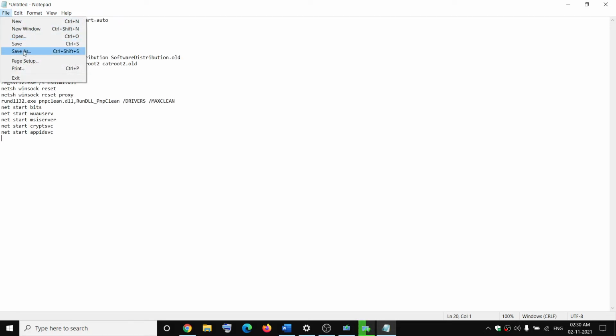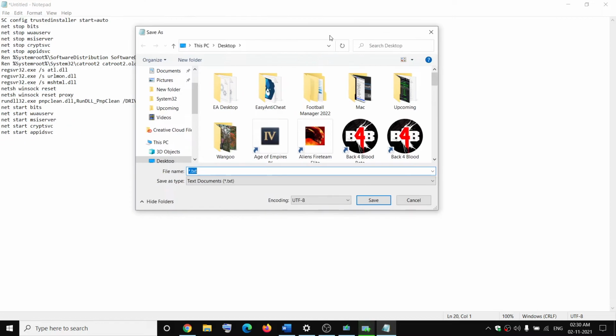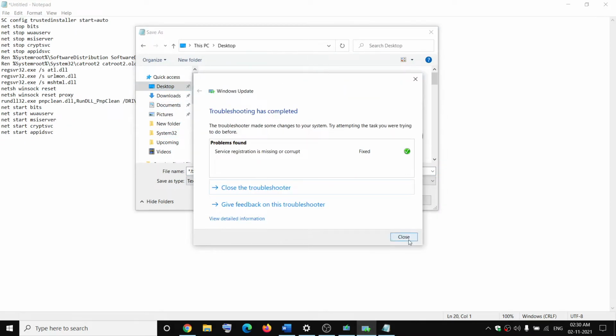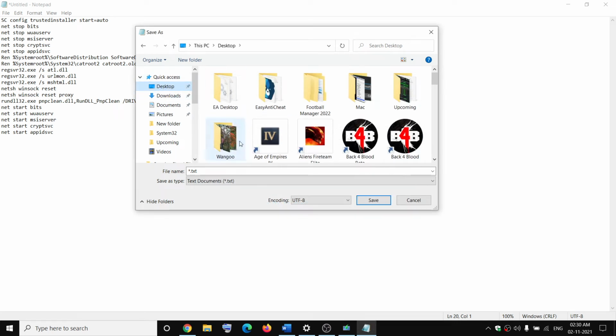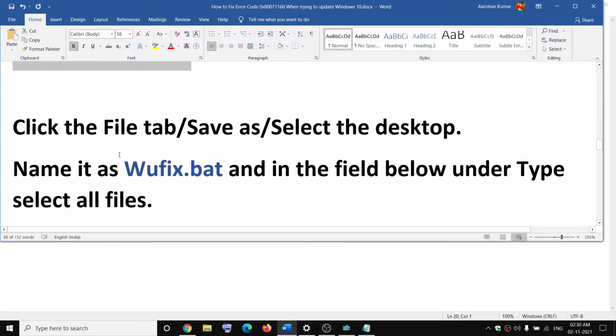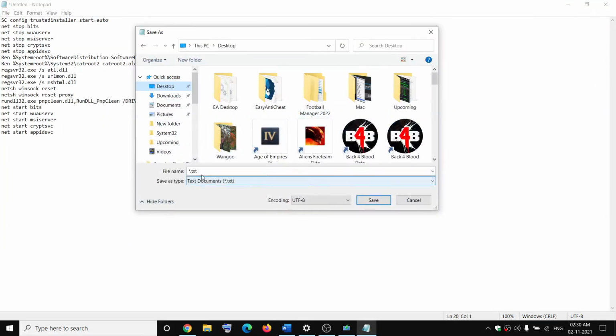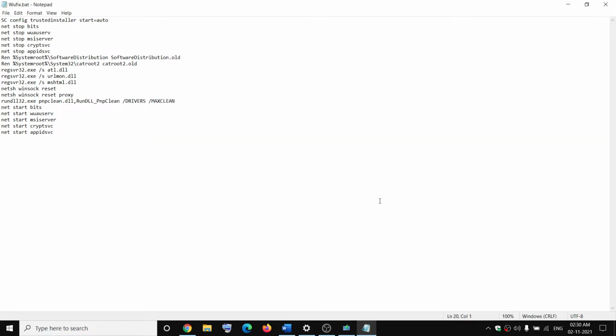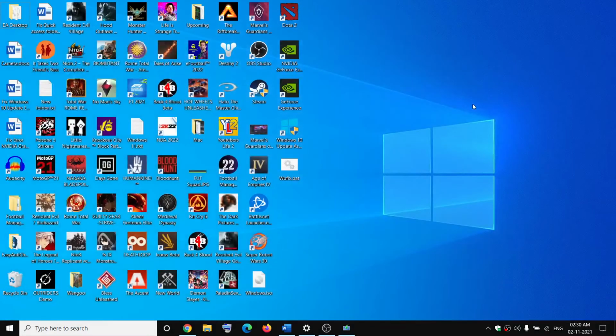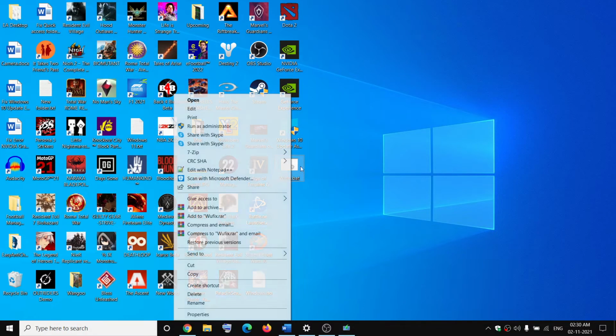Click on File, then click on Save As. You can save it to desktop and then you name this file as Wufix.bat, and then for Save As type, select All Files and then click on Save. Now close this notepad. Now go to desktop, make a right click on Wufix.bat file and then click on Run